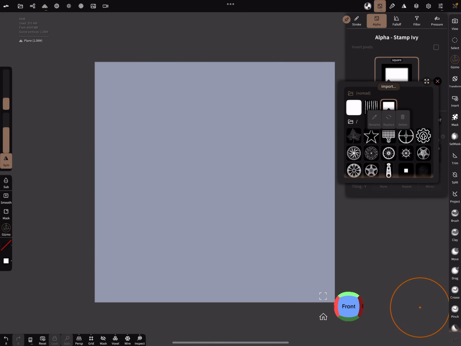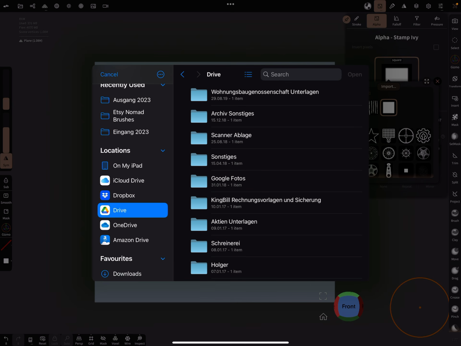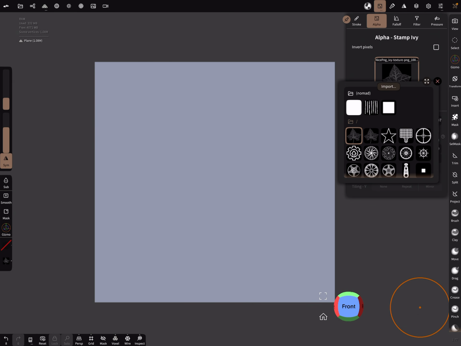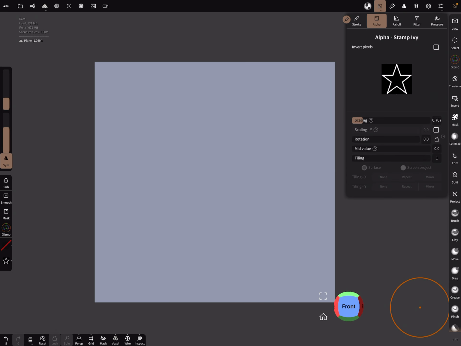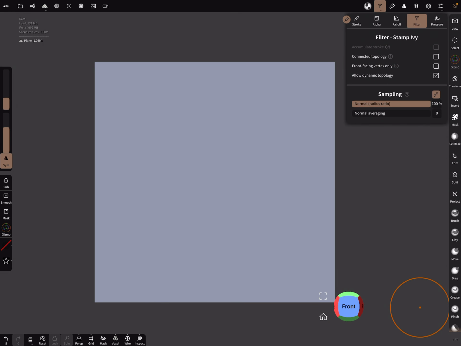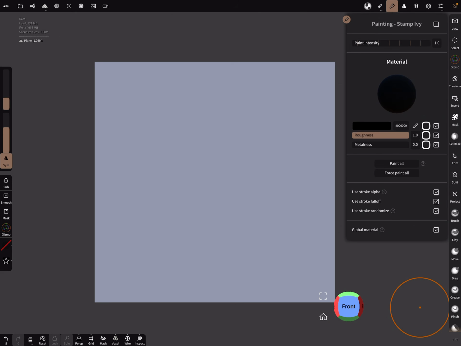Cancel. So here in my download folder, there's an ivy leaf. I select it and open this image. And here the fall off, use a flat fall off. Filter, yeah, front face vertex only or stroke type. We can use log radius, yes, as a stamp brush. And here in the paint